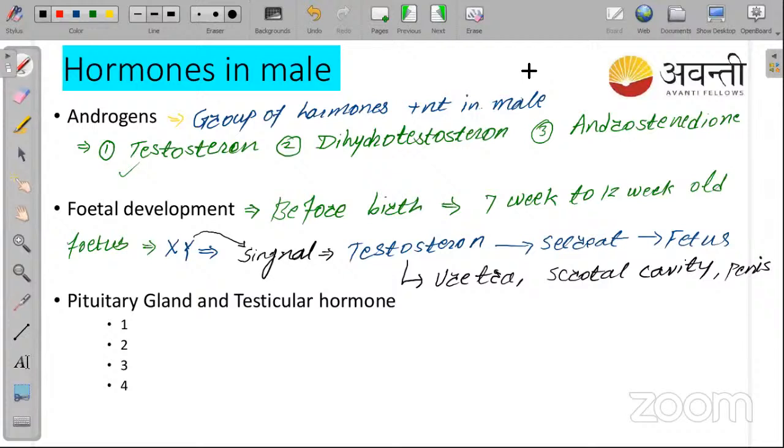Nandish, actually, this is secreted in the uterus. It is a fact. Why? Because the Y chromosome is present in the fetus. Actually, it is secreted in the fetus body, so we do not say completely uterus. Uterus में ही वो secrete होगा ऐसा नहीं है. ठीक है. Okay, it's secreted in the fetus body for the development of reproductive systems.